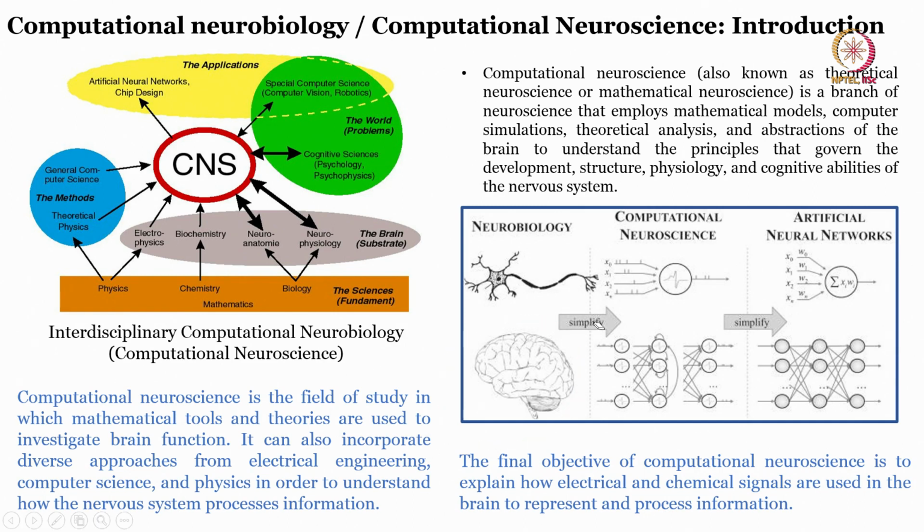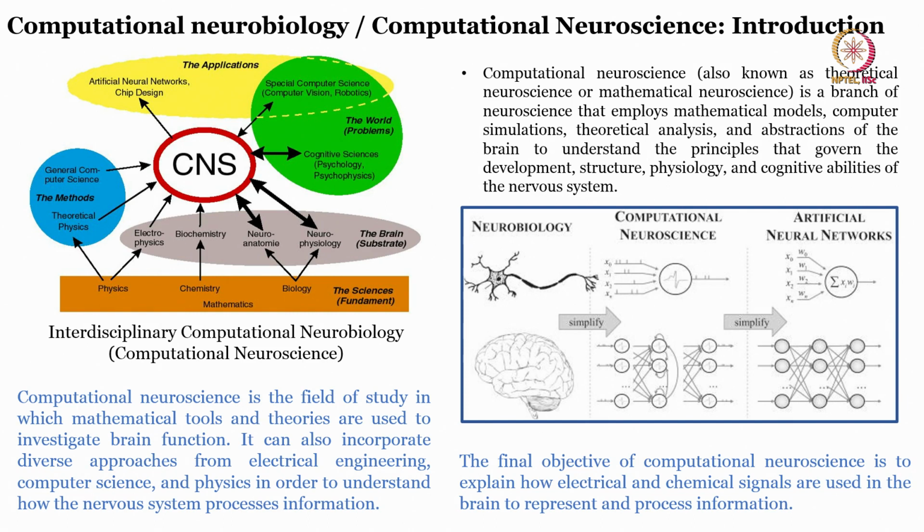So, a part of the brain, and all of you know, right, that nothing but a lot of neurons come together to form your LFPs, local field potentials. But from each neuron, how are the signals passing, and can you replicate those things through computational neuroscience models? Can you simplify it, can you further work on the AI? So, that all falls under computational neurobiology or computational neuroscience.